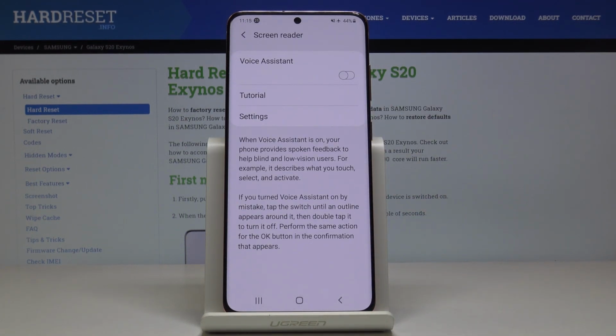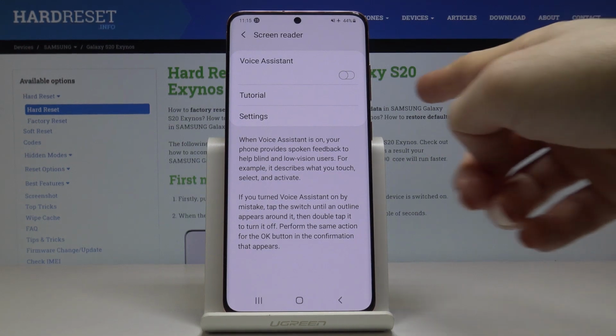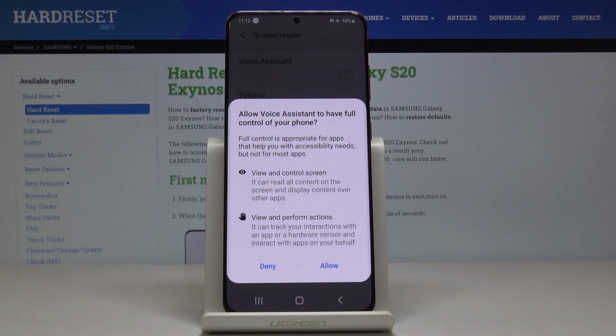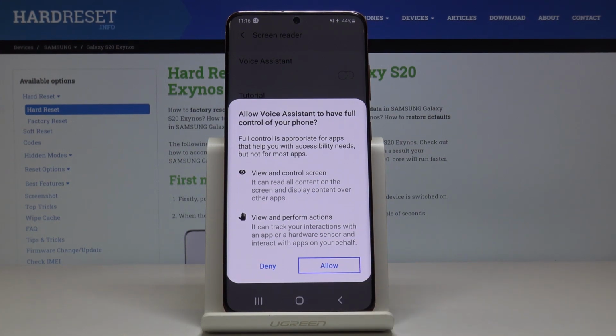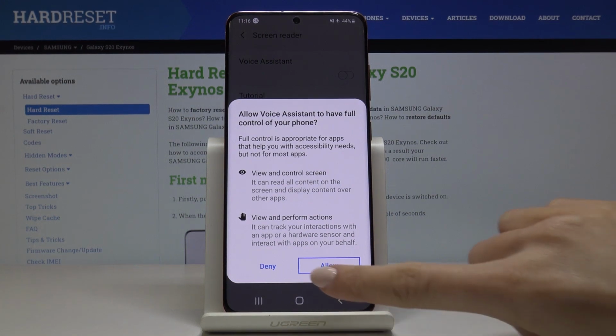So if you would like to activate Talkback, so you'll be provided with spoken feedback to what you can see on your device, just click on this button. And then allow voice assistant to have full control of your phone by tapping on allow. Just click it once and then double tap to select it, and this is how you will use your device